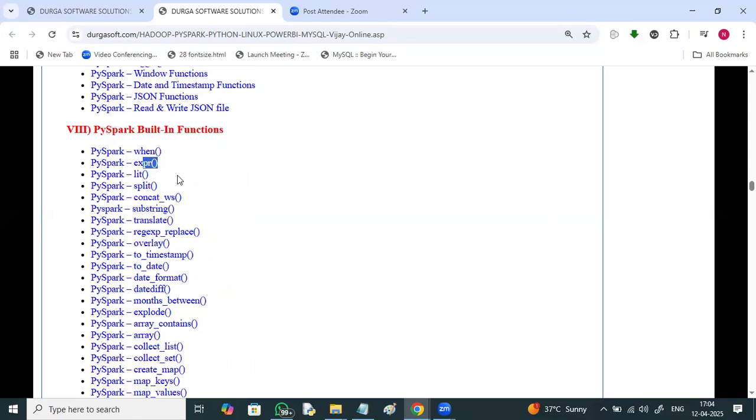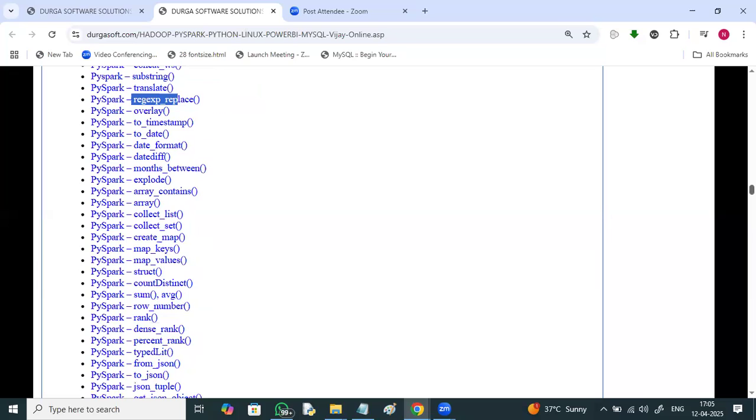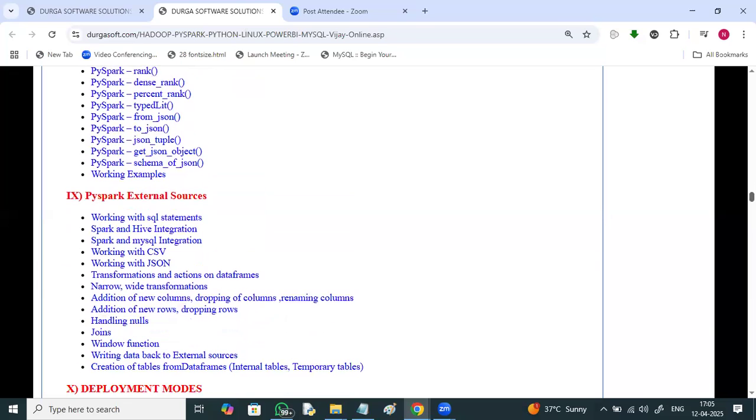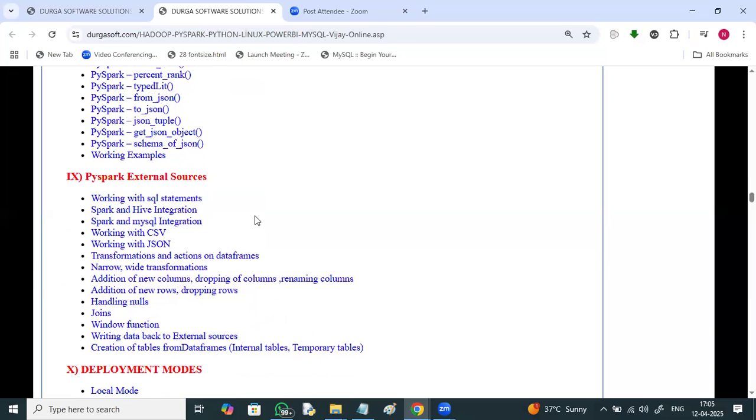When, expr, lit, split, concat, substring, translate, overlay, to_timestamp, to_date, date_format, datediff, months_between, explode, array_contains, collect_list, collect_set, collect, create_map, map_keys, when, and many different inbuilt functions in PySpark. External sources, working with SQL statements, Spark and Hive integration,